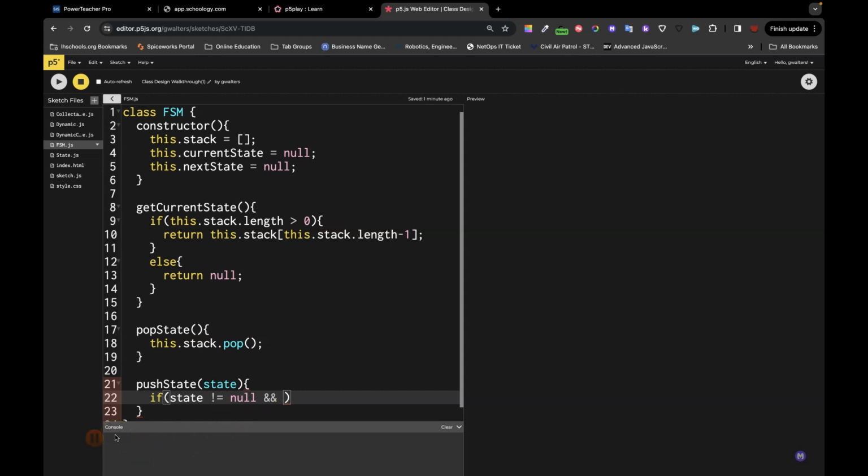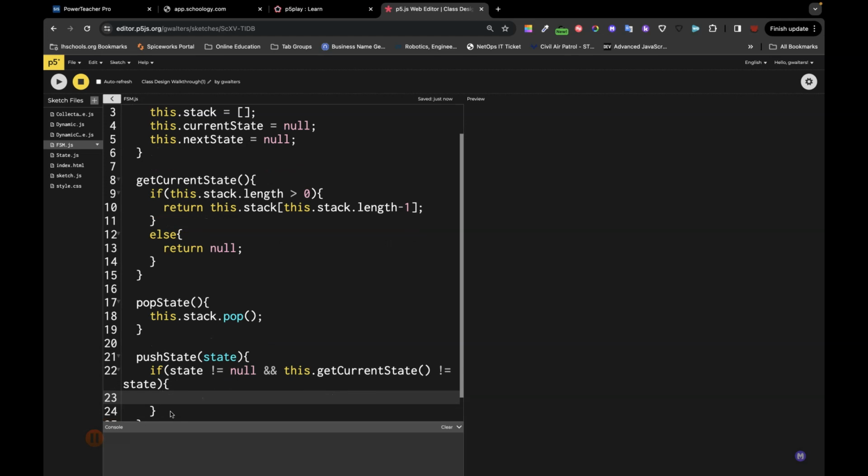So this is where I would want to ask that get current state. So I'm going to actually call this function, make sure that the state that we currently have is not the same one. So this dot get current state, okay, is not equal to the state that I'm wanting to add. Okay, if both of those are true,